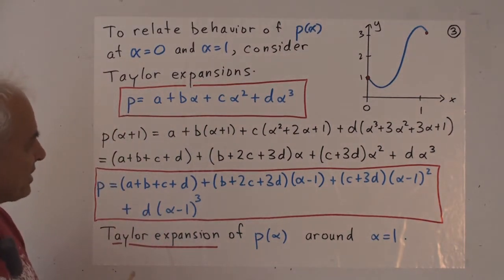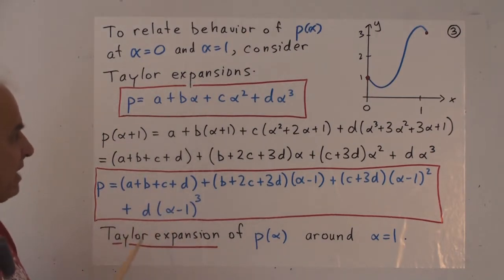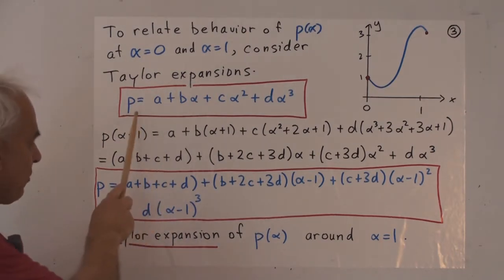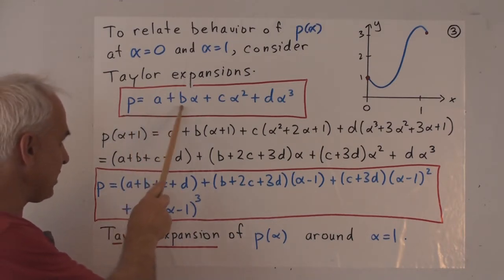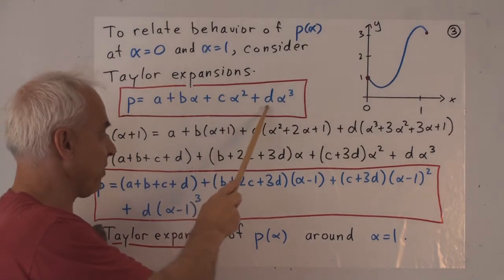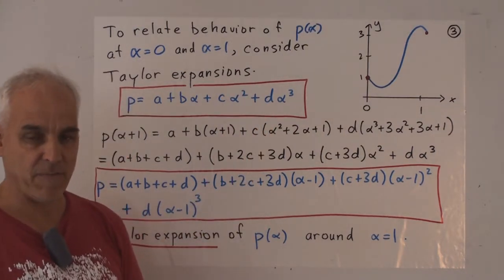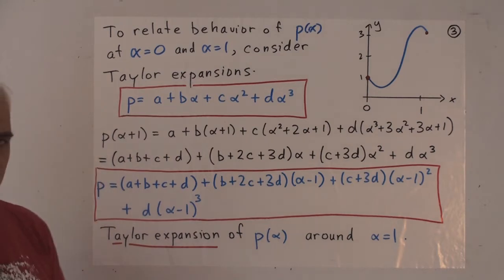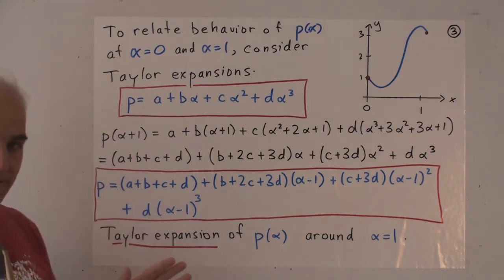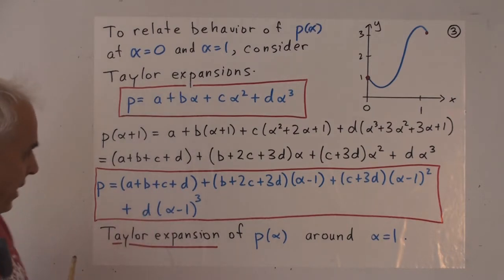So what we're going to do is we're going to consider what are called Taylor expansions, and I'm going to show you what I mean by those. So let's start with a general polynomial in our space P3. So here it is again, a plus b alpha plus c alpha squared plus d alpha cubed. And I'm using alpha here instead of the more familiar x, but it's pretty well the same thing. Now I'm going to make a little calculation, which is very simple, or pretty simple, but very instructive and important.